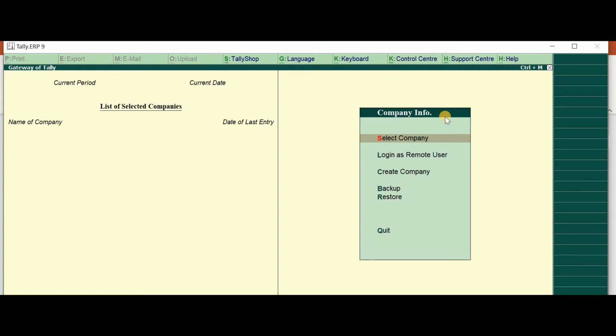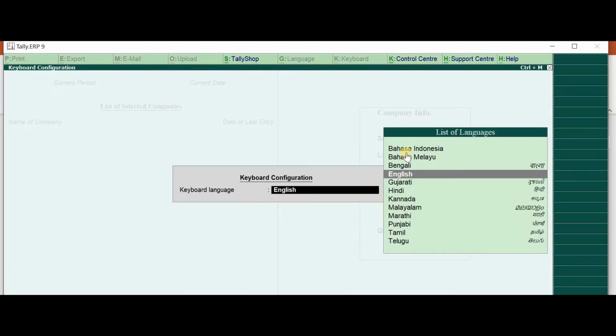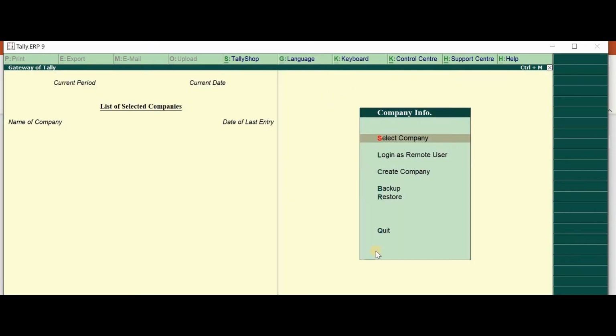You can also configure your license, surrender, update, etc. from control center. The keyboard can be used to change the input language if you want. Similarly, the language, currently the display is only English, but you can also change these languages. This is Tally Shop, where you can find add-ons. We will talk about this feature later. So some of these things you might not have understood, no problem. As we proceed, they will start making a lot of sense to you.